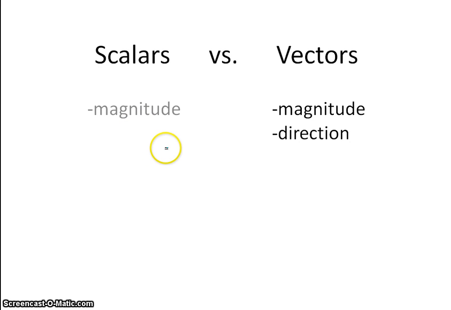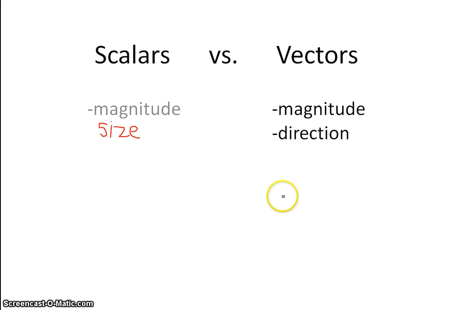Okay, today we're going to be learning about the difference between scalars and vectors. So scalars and vectors both have something called a magnitude right here. And a magnitude is kind of like a size. So scalars only have a magnitude or a size, and vectors have a magnitude or a size and also a